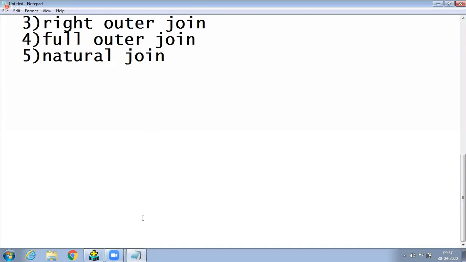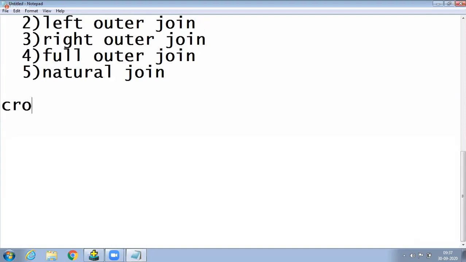In this case, the Oracle server internally uses the default join. In Oracle, the default join is cross join.